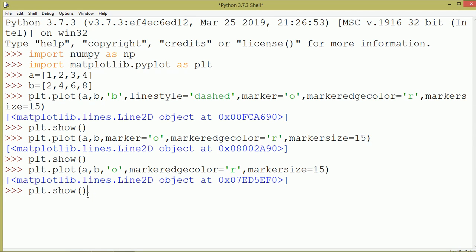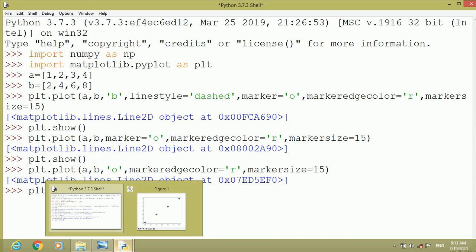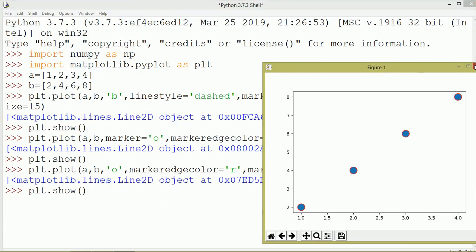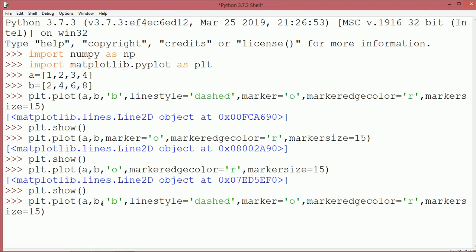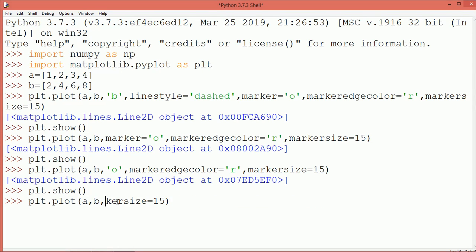So let us first close this and now paste the same thing. Remove all these line style attributes, we have to remove. Okay, first let me show without color.